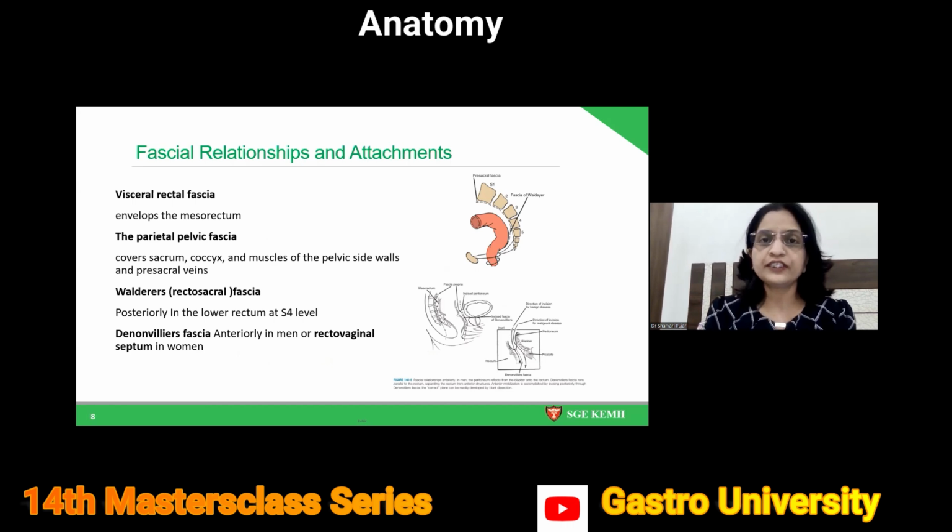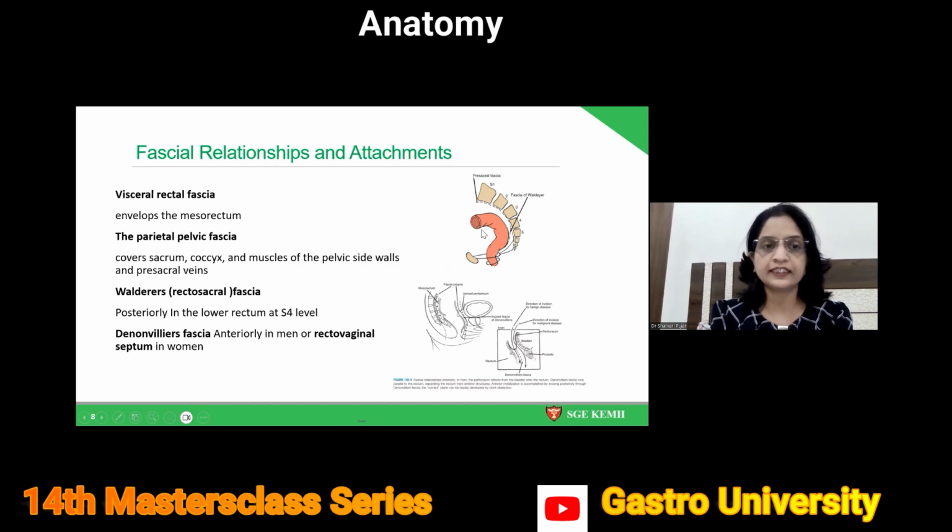Now coming to these fascial relationships. So the fascia propria is the fascia which covers the mesorectum. The parietal pelvic fascia covers the bony pelvis and covers the sacrum, coccyx, and muscles of the pelvic side walls, and so it covers the presacral veins. It is the lateral most structure in the pelvis. These two fascia fuse posteriorly at the level of S4 to form the rectosacral fascia, which needs division in the